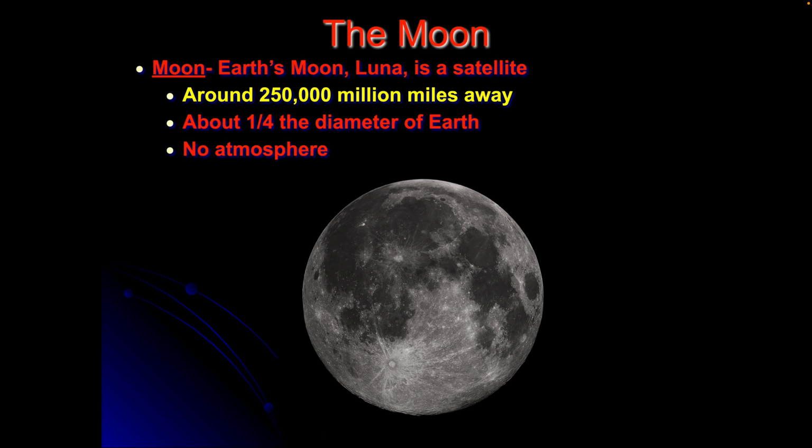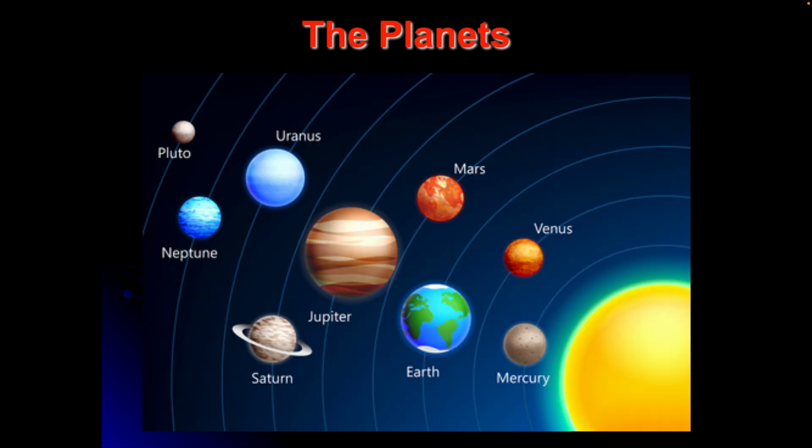The moon does not have an atmosphere. Even though it has enough gravity to pull it into that spherical shape, it does not have enough gravity to hang on to gases. There's no atmosphere there. There's no air pressure. There's nothing there. That's why when you see pictures of the moon landing that happened in the late 60s, the footprints are still there. There's no wind. There's no weather there, so you're not going to have any change of any kind. It also means you can't breathe there. Can't breathe on the moon.